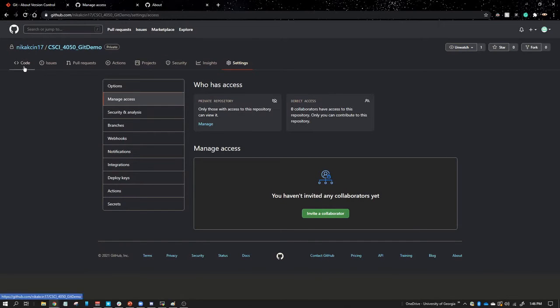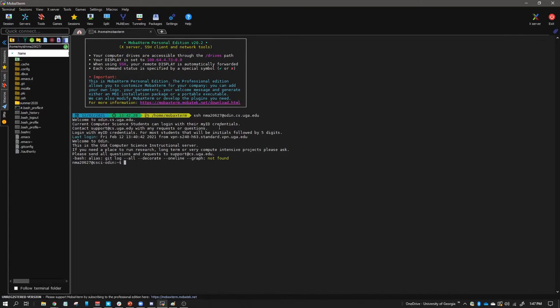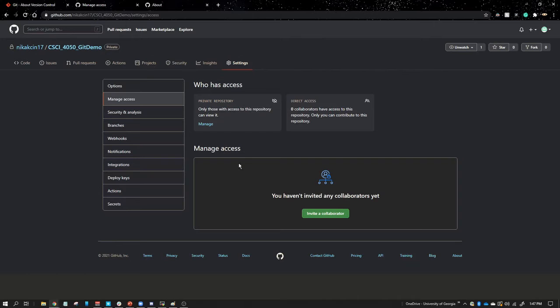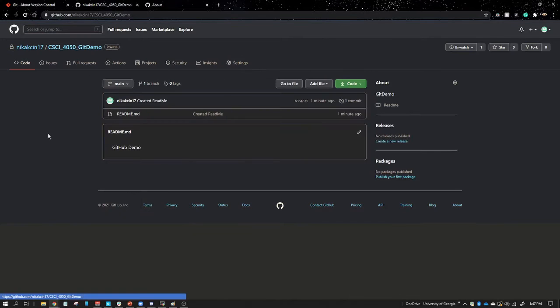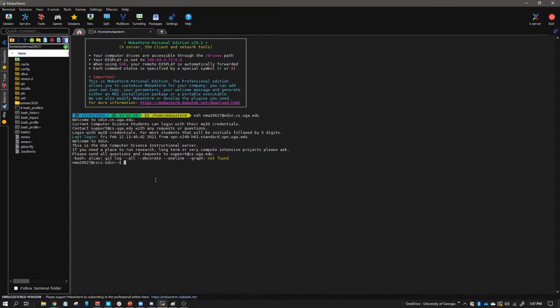But now that we have a repository set up, we'll need to go to the Odin server. And to go to the Odin server, we have to SSH onto the server. And once we're here, we can go back to the website, go to code, and see this big code button. It'll have different clone options, HTTPS, SSH, and GitHub CLI. I'm going to just use the HTTPS version, so I'm going to copy this, go back to the Odin server,